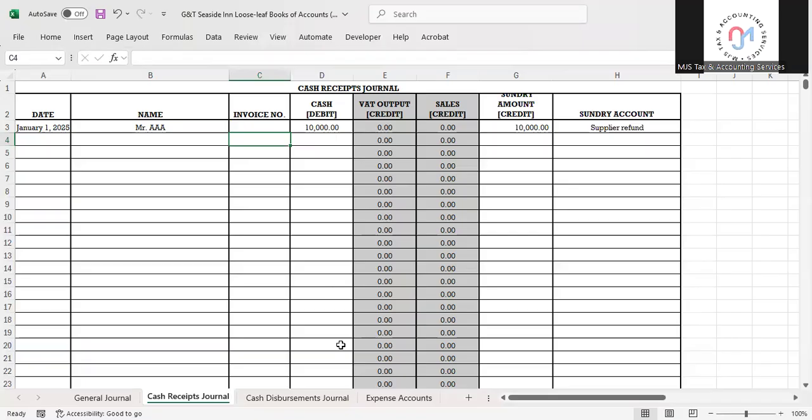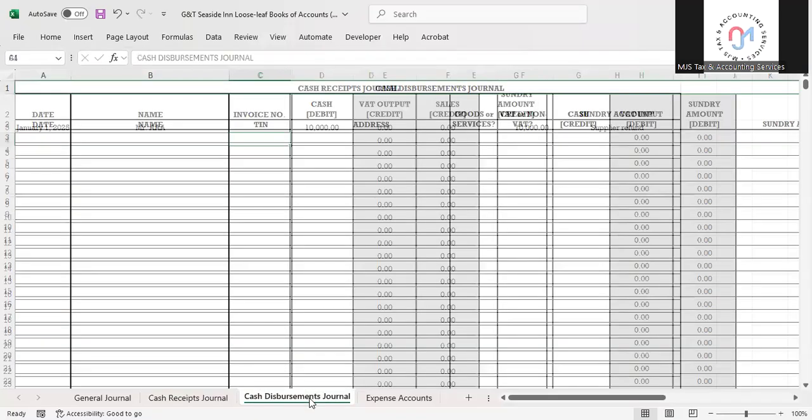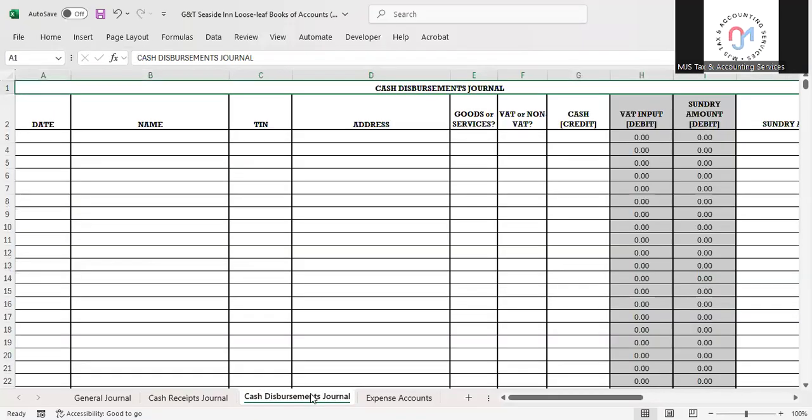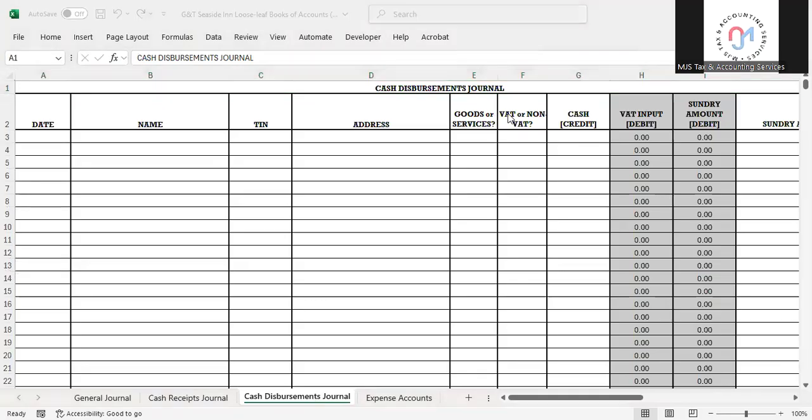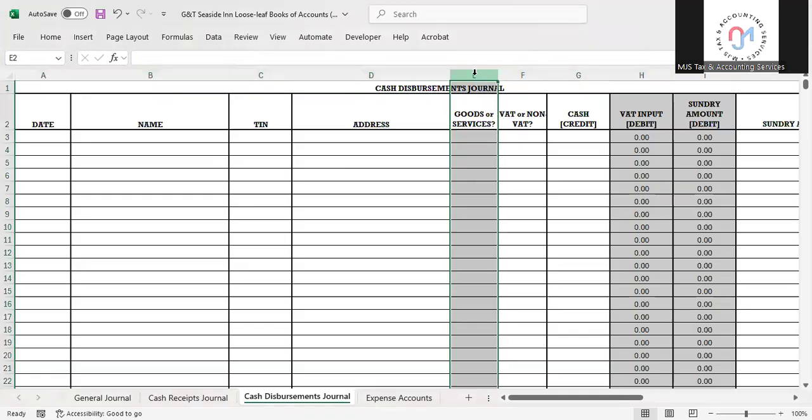And then we move on to the cash disbursements journal. For the cash disbursements journal, you can see here additional columns. You can see columns for goods or services, and you can also see a column for VAT or non-VAT.